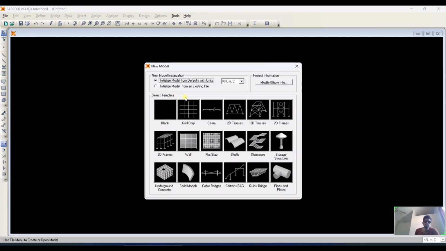So let's go and make a new file. Click here or Control N. Today my plan is to make a retaining structure, and to understand the concept of joint pattern, how we will use the joint pattern in SAP 2000. Joint pattern is basically used for